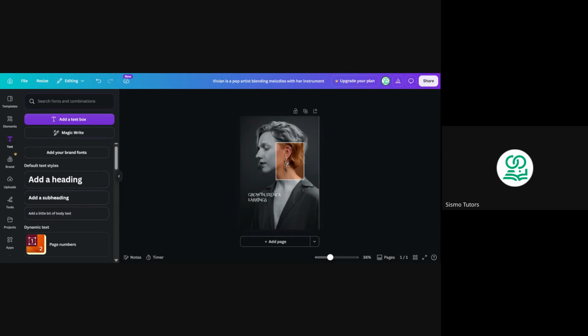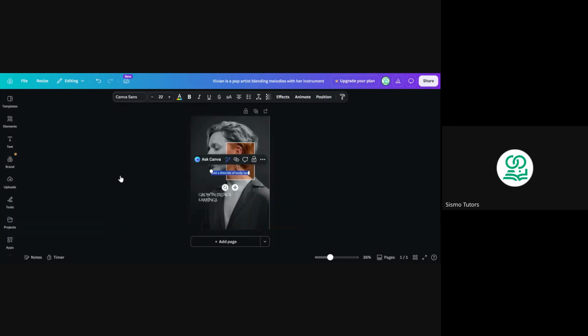I'll place it and show you how to place it so that it looks perfect. Now I'm going to add a little body text, and if I place it at the center down part like this,